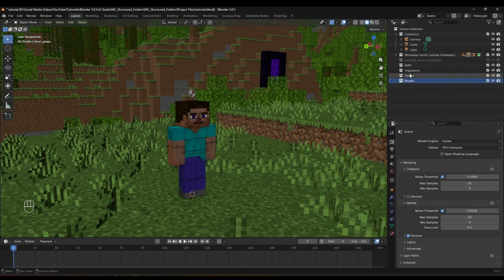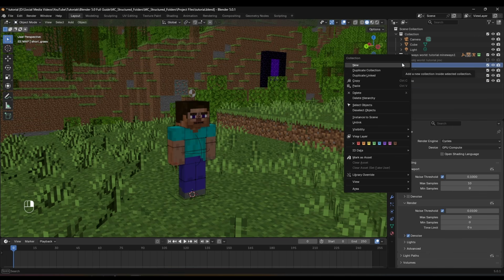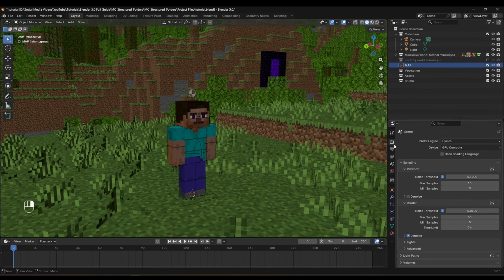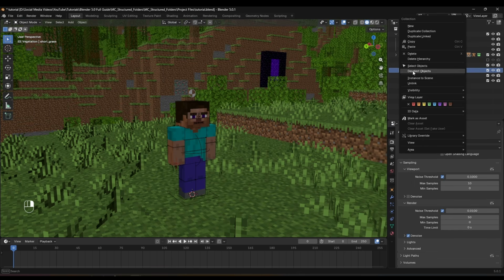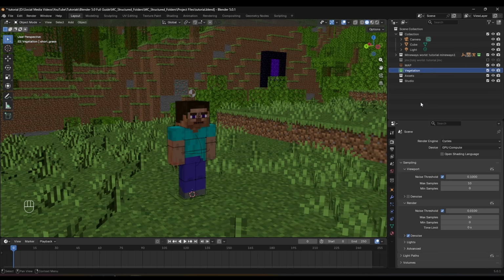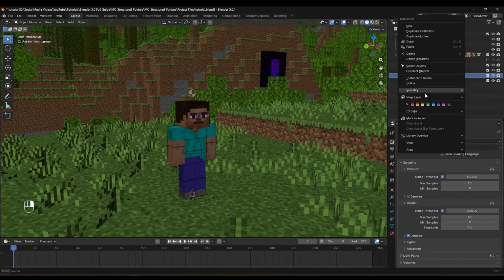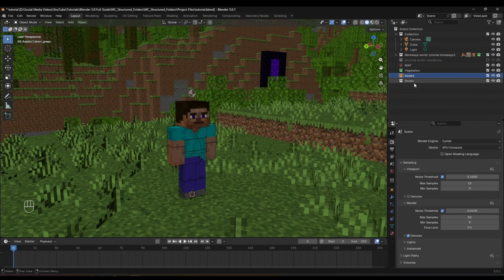Now, if you want to make this prettier, you can actually color code this. So for example, if I click on map, right click, I can scroll down and then find different options. For example, I like to make my map look brown. Then I'm going to right click on vegetation and then choose a green color. For the characters, I like to choose the orange color, but you can choose any of the colors you want. And I'm going to right click on the studio and choose a bright yellow color so that I know what